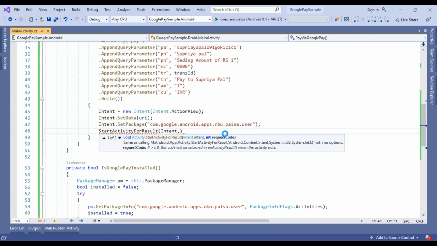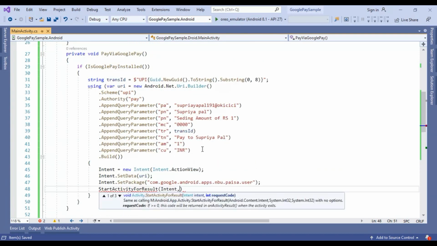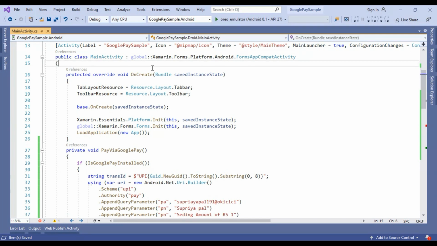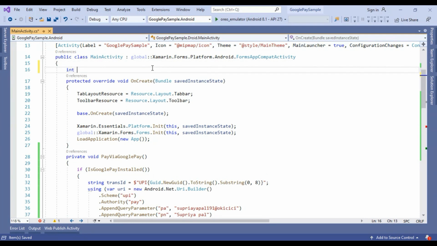and we need a simple request code for that. So here I am going to create a request code variable, an integer, at the top. Request code equals 1023. We can use any number here.